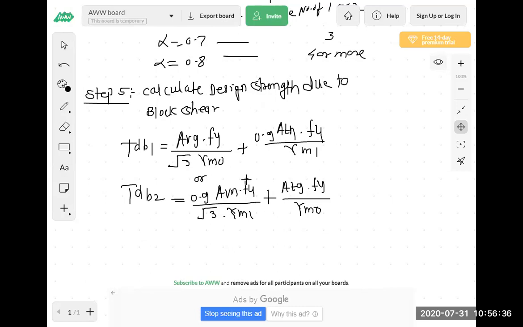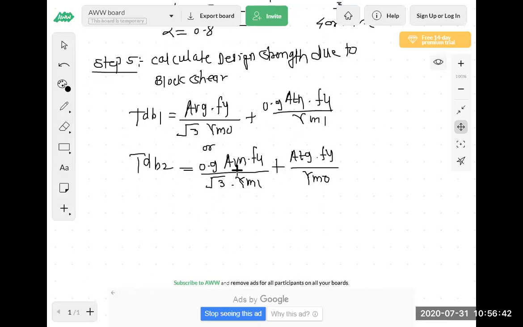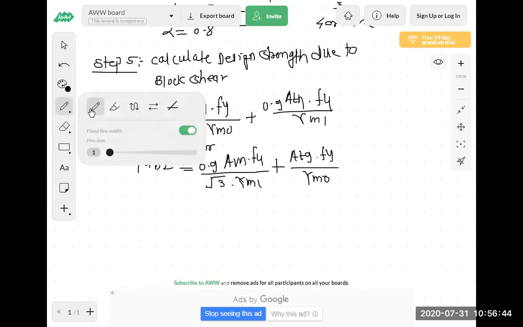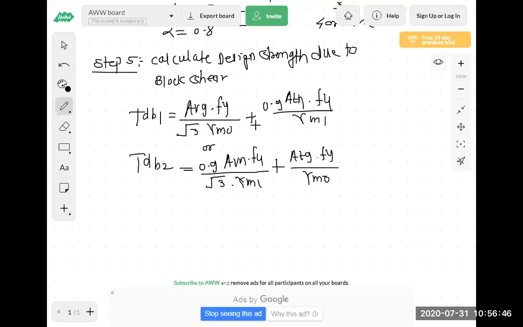shear. And in block shear again, two formulas are there, and those are the TDB1, TDB2. And the last step, step number 6 is